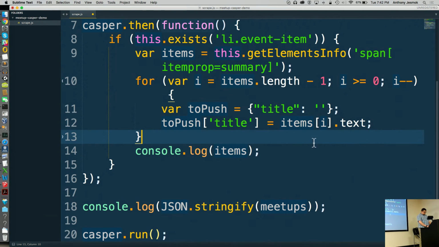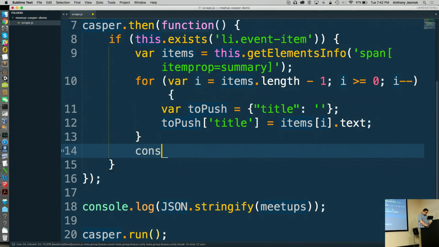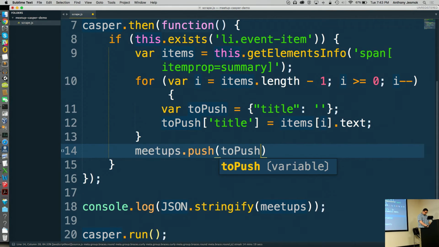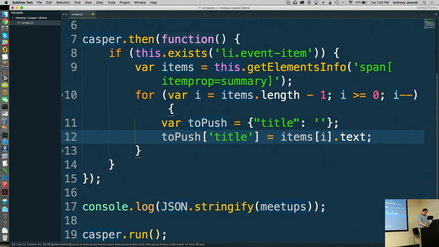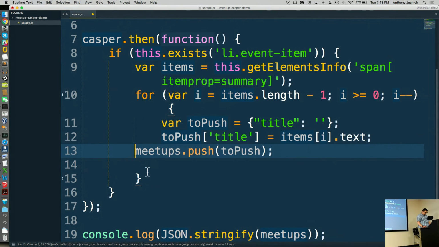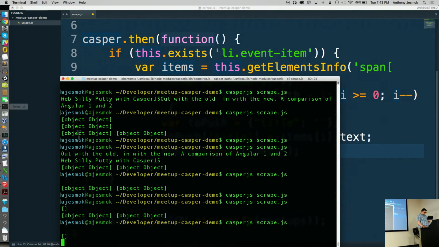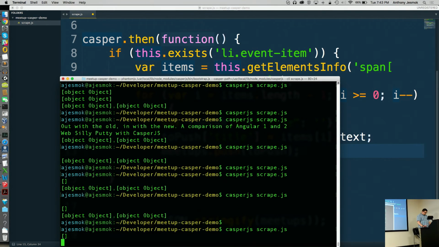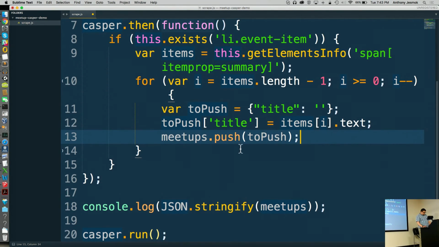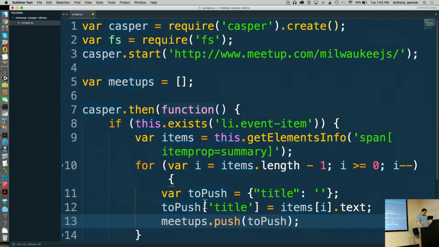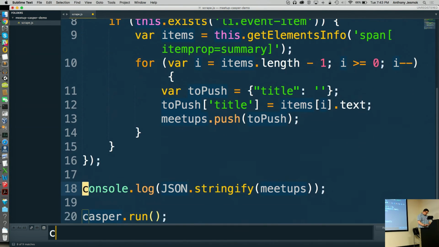So what we're going to do is I will do this here. toPush, or meetups.push(toPush). All right. Oh, I forgot to save my file.